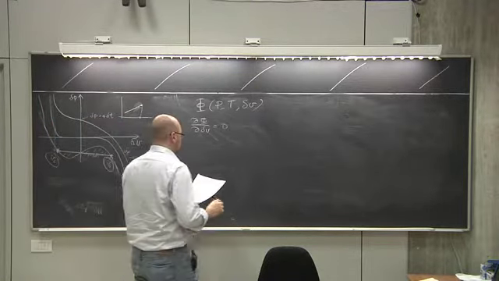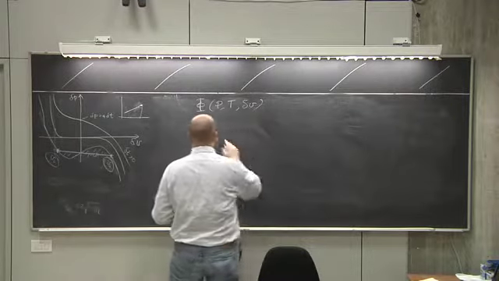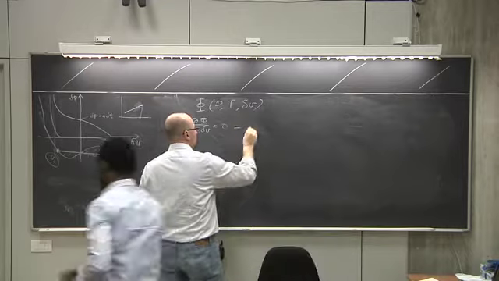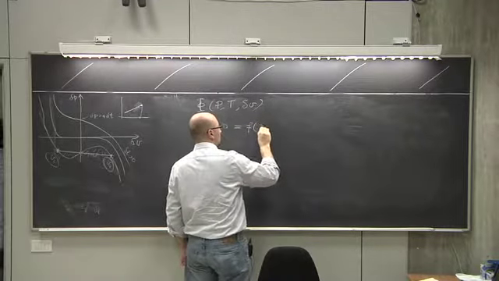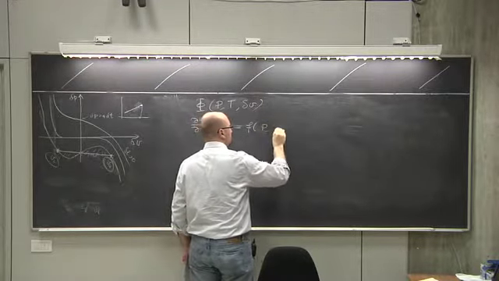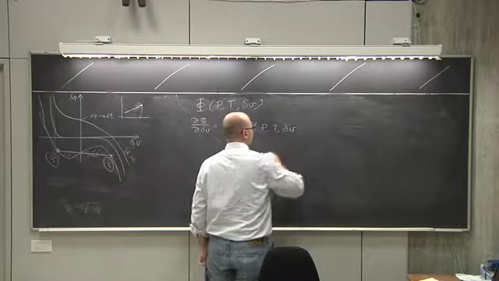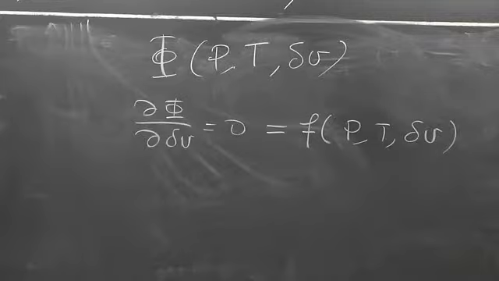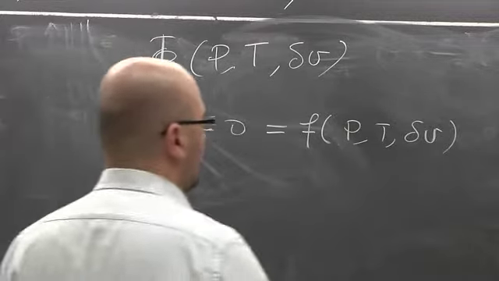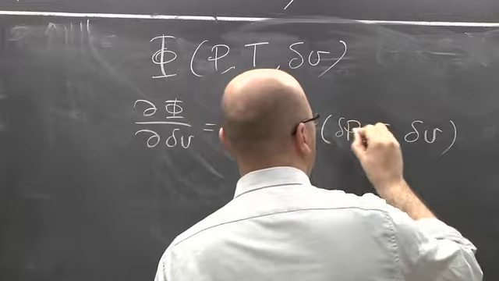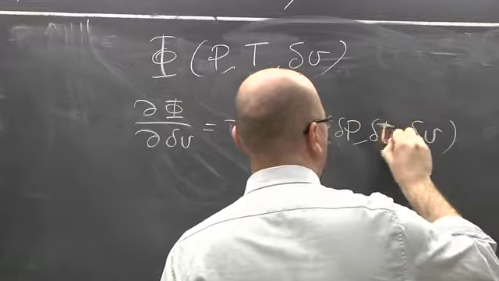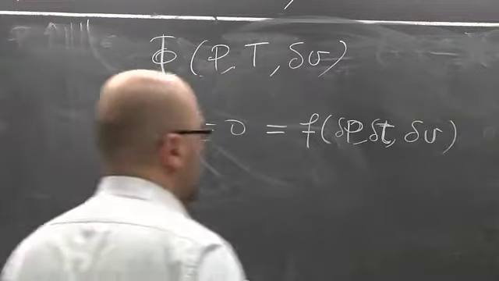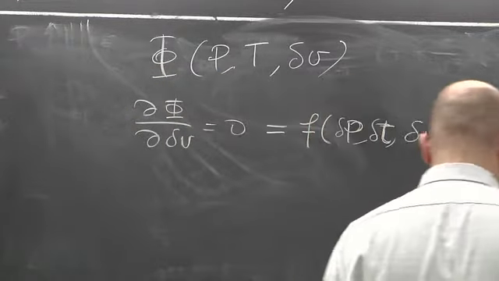So this equation has to be equal to the equation that links the pressure, temperature, and delta V. So if we now use the same coordinates that we have used before, and instead of talking about pressure and temperature, we could talk about delta P and delta T. Then this has to be equal to